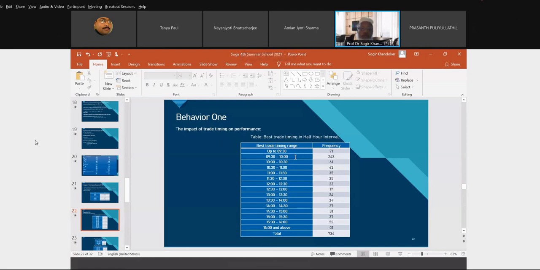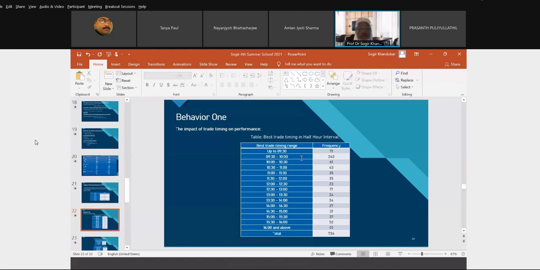So we can easily decide we need to transact or invest our funds within 9:30 to 10 a.m. That will give us the best performance, that is, a higher RPM. But if we want to know, within this 30-minute window, which time is better? Is it 9:31 or 9:59 or 9:55 or 9:52 or 9:40? Which time is better for us?